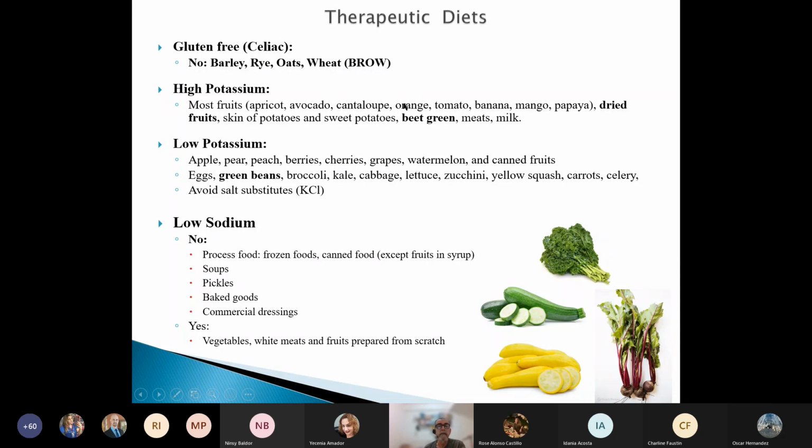All the citrics are very rich in potassium. If you know what is apricot, please include that in the list. And if you know what is cantaloupe, educate yourself on what is cantaloupe in English and the translation in Spanish, because it's very rich in potassium and frequently tested. Don't forget that dried fruits are these fruits but desiccated, and for that reason the potassium concentrates, so the content of potassium is much higher.